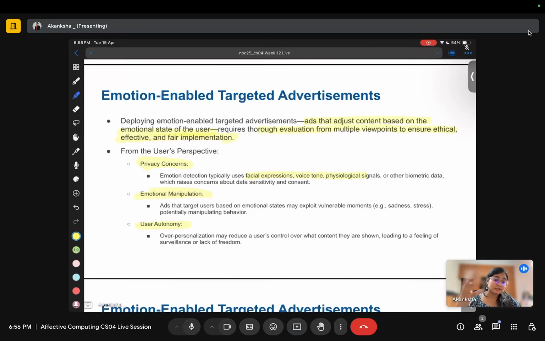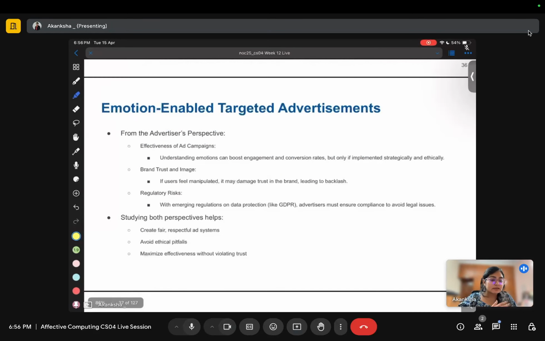The system is deciding for me what should be displayed on my screen, whereas I wanted to watch something else. Let's say some years from now there's a movie streaming app and it tells me, no, today you should watch this movie, but I want to watch another movie. Just on the basis of how I am feeling today, the system is telling me to go for this. So this is the loss of user autonomy.